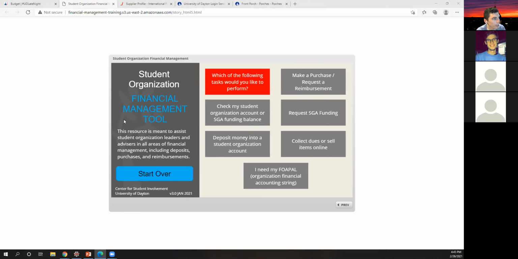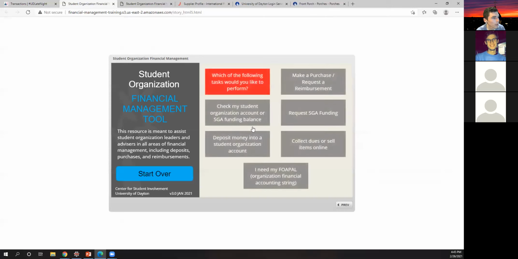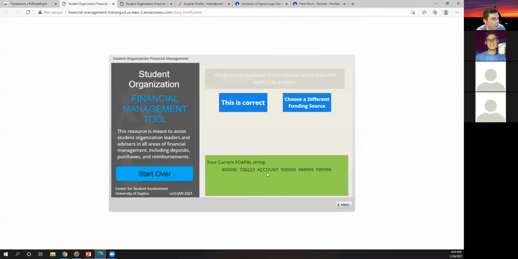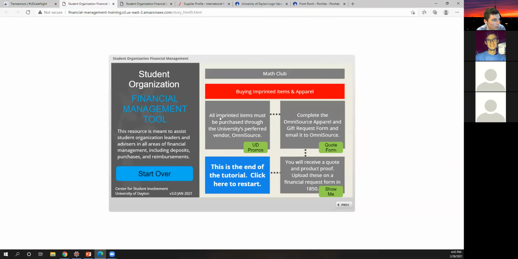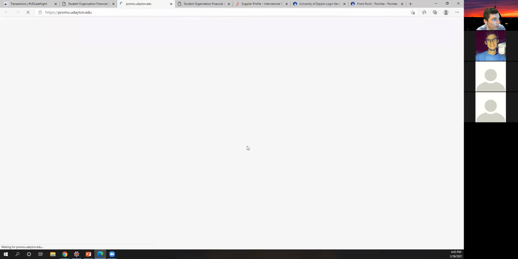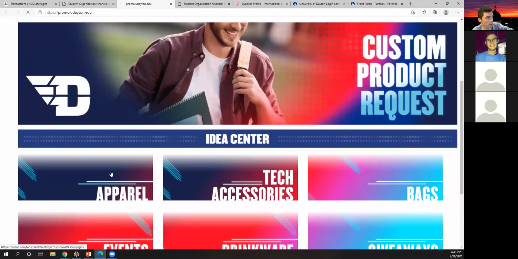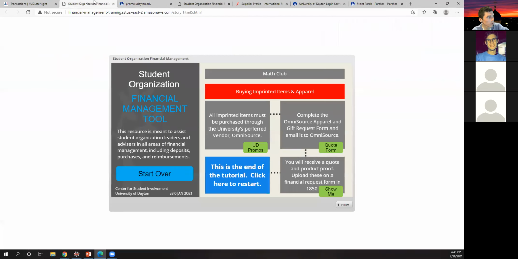So if you go back to this financial management tool that we talked about being located right there, you can click make the purchase, your fund, and then you want to make a purchase. On this screen, you hit imprinting items and apparel. So it says that, and you can click here. And this will bring you up all of the apparel options and things available to you. That's not right. They may be in the process of switching this over to Runway, but